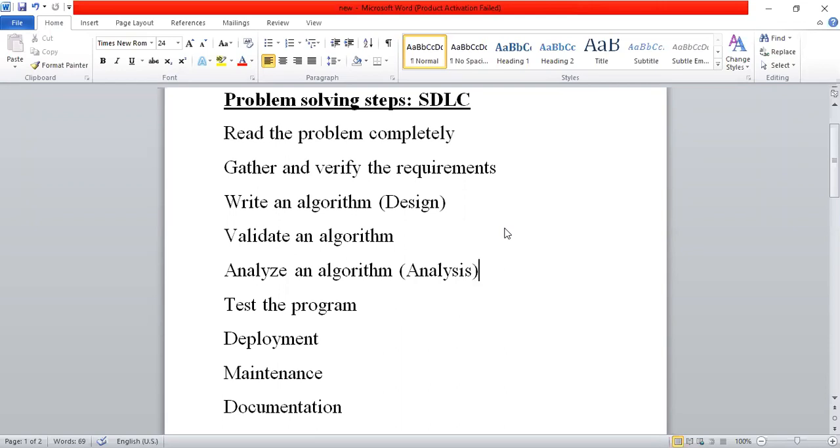After that, if the program is working properly, you show that particular program or product to the customer. If the customer is satisfied, then we need to deploy, means copy or install that particular product into the customer's system. After that, based on customer interest, maintenance may follow. Finally, we need to document. Document means we need to clearly give the total information about the program designing part, overall steps, all the previous steps related information must be provided in documentation.